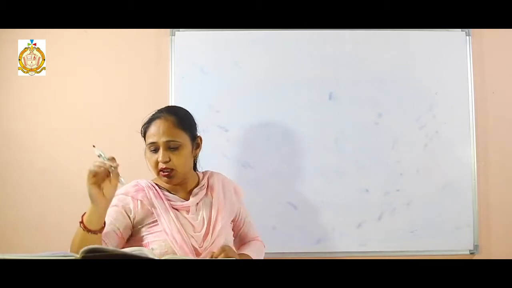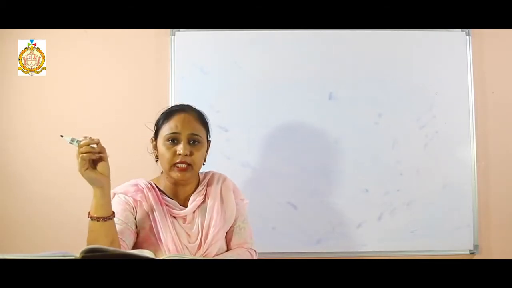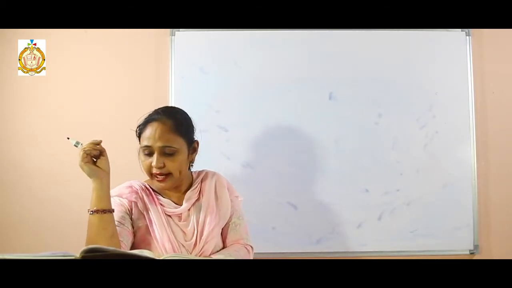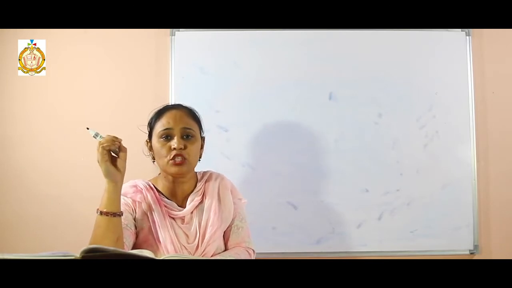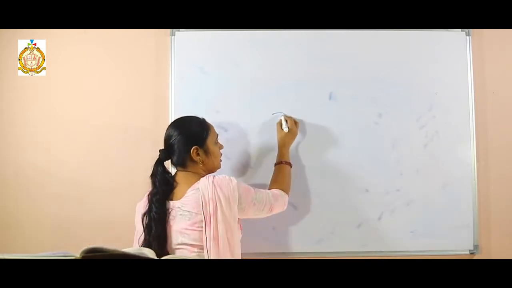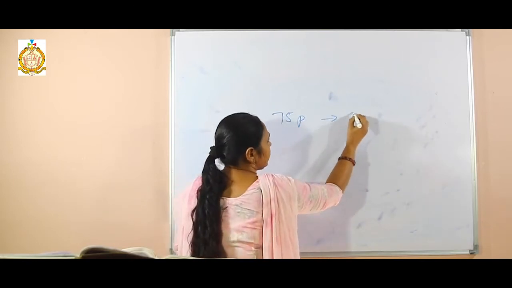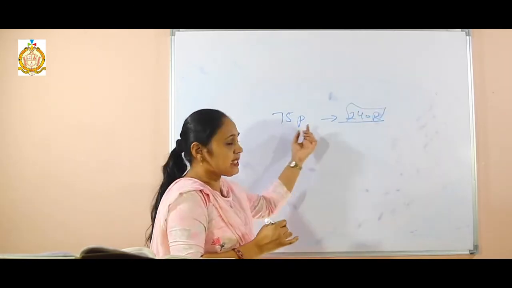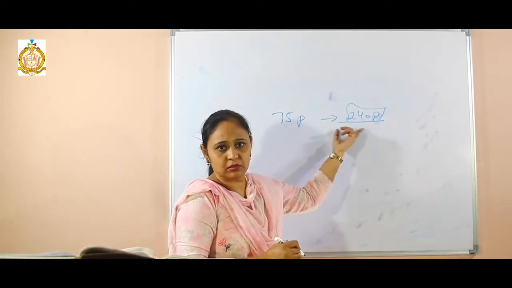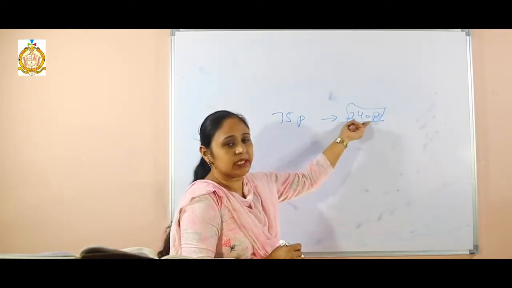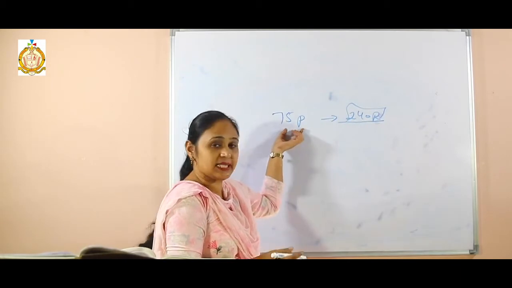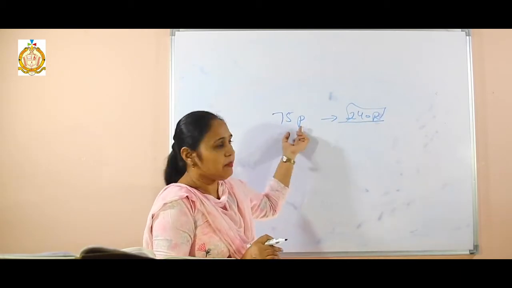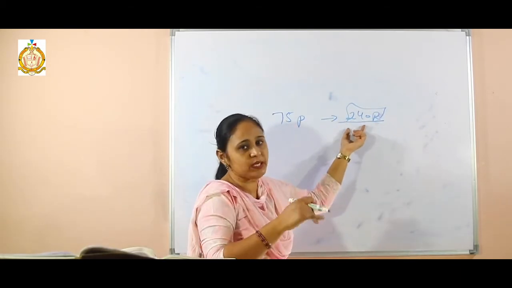Now you see that the cost of the room is 75 paise and the total cost is given in rupees, 240. Now this is given in paise and this is given in rupees. But we know that we have to make them the same. Okay, there are paise and there are rupees. If I convert the paise into rupees, that becomes decimal. But it is easy to convert the rupees into paise.